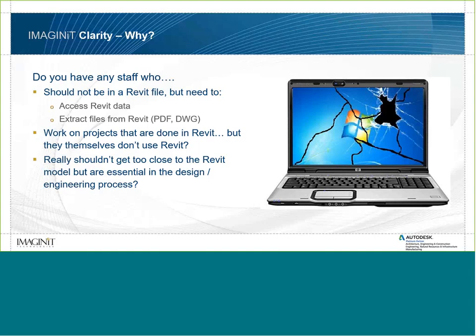And beyond that, if we're looking at all these different types of things, when we're considering this whole idea of clarity, those are the types of events, those are the types of things that happen in life that we're trying to focus on. And what can we do to try and make some of these things better? If we can develop a piece of software, and obviously we have because we're talking about this whole Clarity thing, this Revit robot, but if we can do that, then we can start to have a positive impact